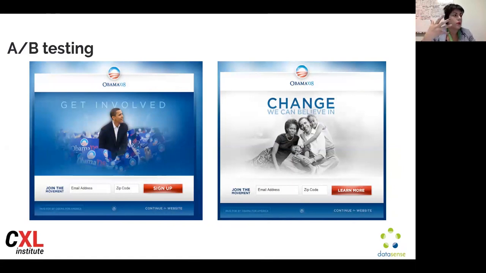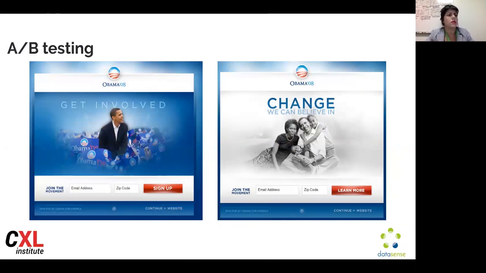So for example, you can see that these different messages are really crafted for 2 different types of people. The first one seems to be more crafted for an audience that is more involved in politics, right? So this might be a political advocate of some sort, right? And it says like, you're ready to join, you're ready to sign in, right? And so the hypothesis could be, which one is the best persona, which one is the best type of user to donate money? I mean, who's going to be more likely to donate money to the campaign, right? And what kind of action are they going to be more responsive to?